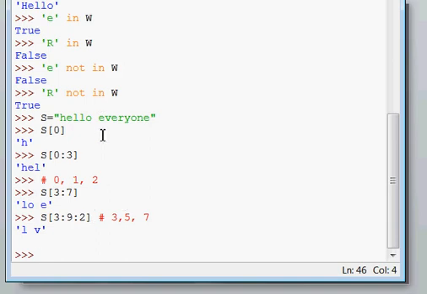See, our third index is 0, 1, 2, 3. Third index was of L, and next 4th and 5th index was of space, and next 6th and 7th index was of V. So in the same way we can do the string slicing.